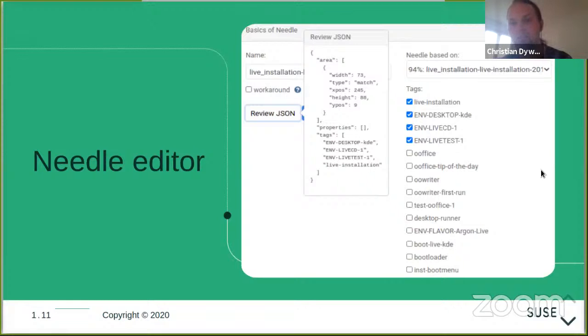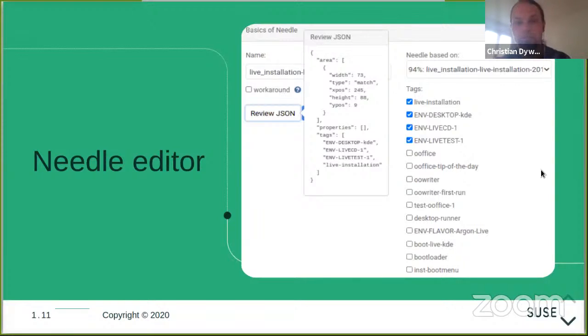So it has the position that you would click with a mouse and the size of the area as well. And I think I mentioned the tags briefly. These are to associate what you're expecting to see there.